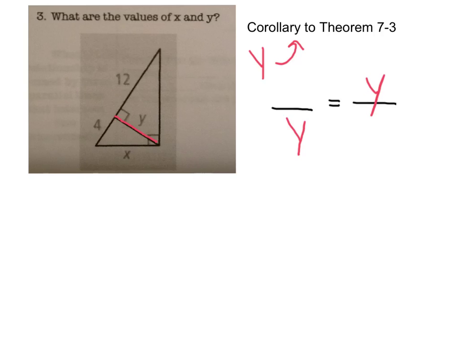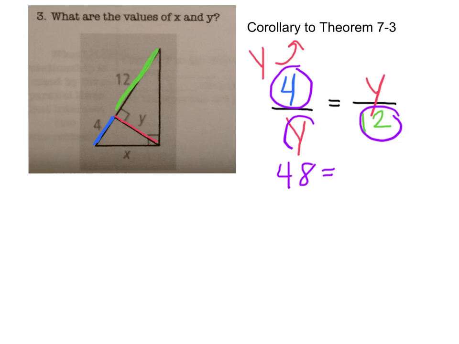What it's saying is that the altitude, y, is the geometric mean of the segments. So it's the geometric mean of 4 and of 12, because those are the segments of the hypotenuse. So in order to solve for y, all we need to do is cross multiply. So here we have 12 times 4 gives us 48, and this is equal to y times y, which is